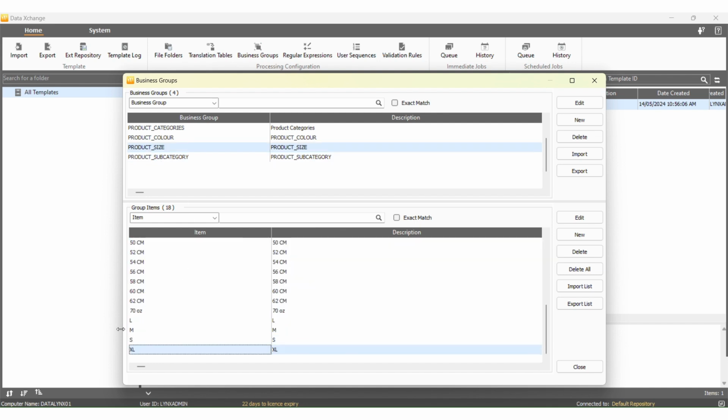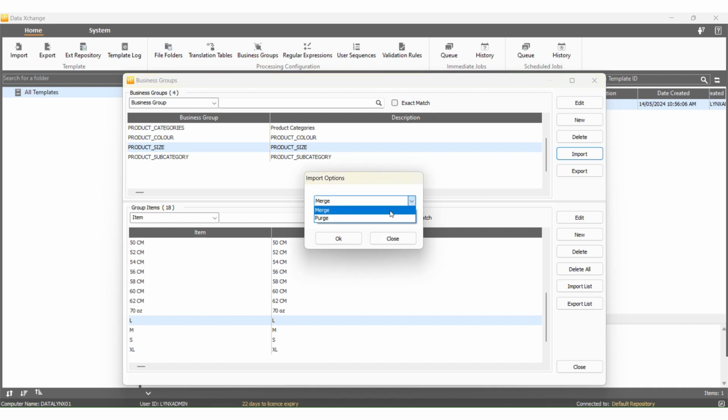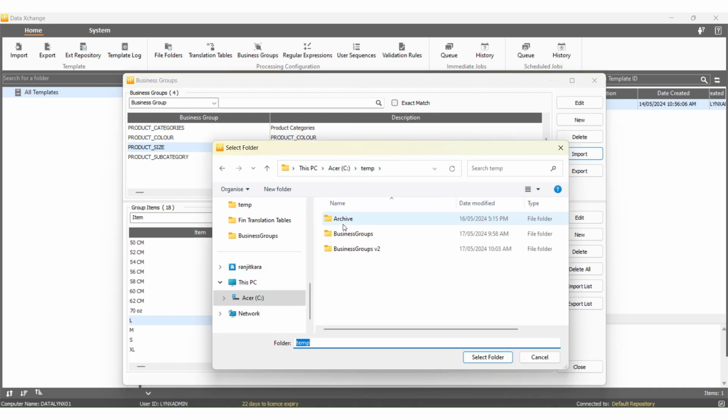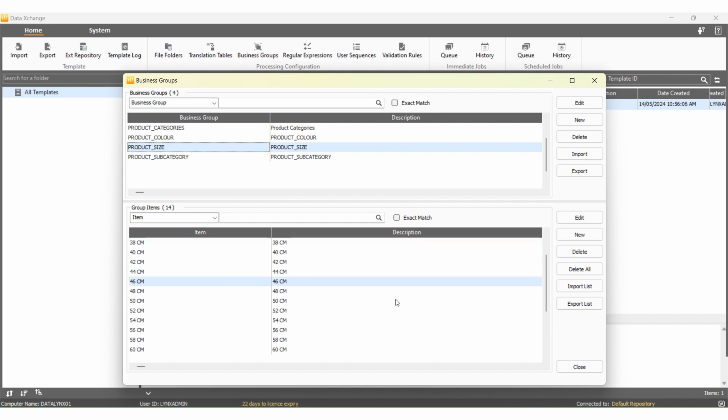Similarly, in the Product Size business group, if you have removed certain items from the CSV file, for example the L, M, S, and XL, plus added more items, you can choose the Purge option. This will purge and re-import the items. Point it to the corresponding folder, and click Select Folder. The items list, suppose in product size, will be purged, hence, S, M, L, and XL values will be removed